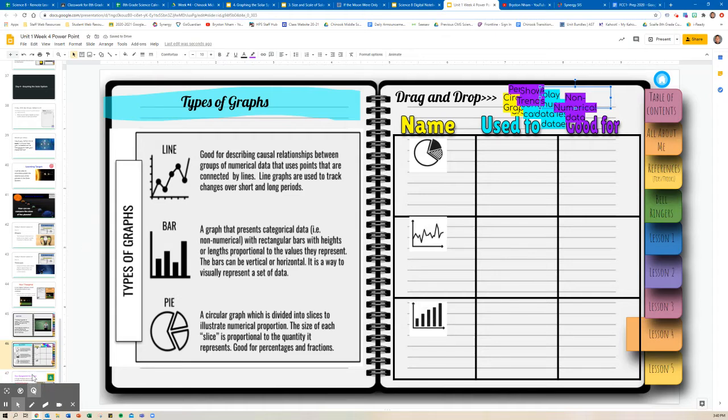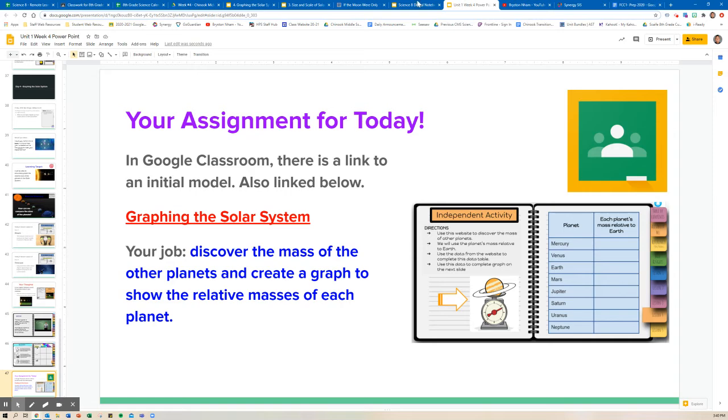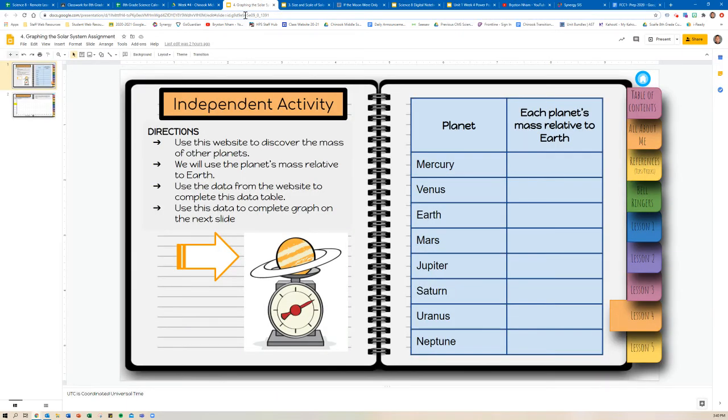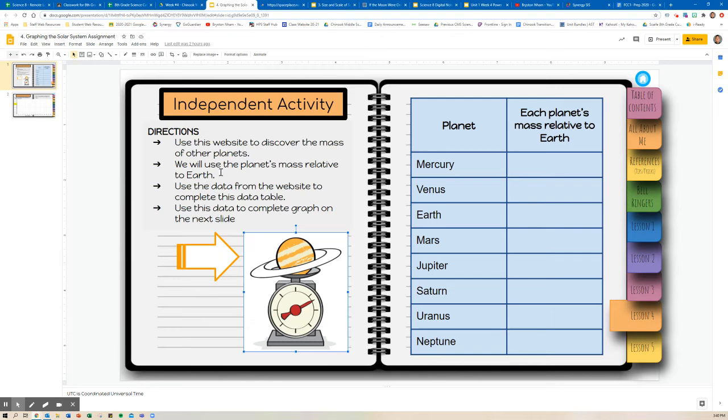After that, we pretty much wrapped up class, but I wanted to go over your assignment for today because your assignment today is a little different than what we normally do. It is in Google Classroom, and it is called Graphing the Solar System. In this assignment, the first thing you're going to do is click on this image here that's going to open up a link. When it opens up that link, you're going to use the planet's mass relative